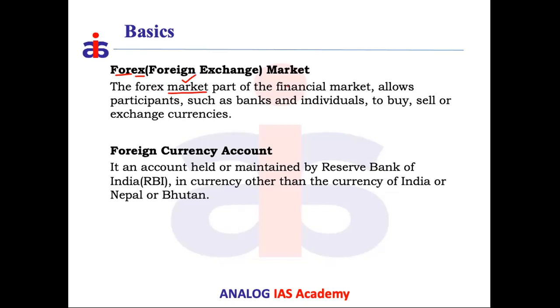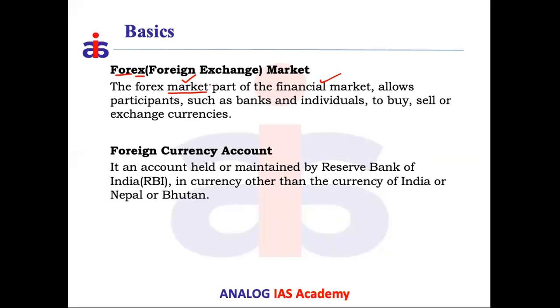So this Forex market, you can see it is part of the financial market. Financial market means it includes so many things like banks, insurance companies, pension funds. So as part of the financial market, one specific type of market is the Forex market. In this Forex market, individuals or anyone can participate, can exchange the currencies, one country's currency with other country's